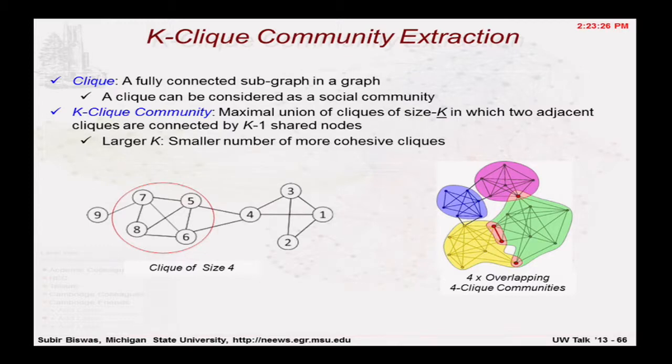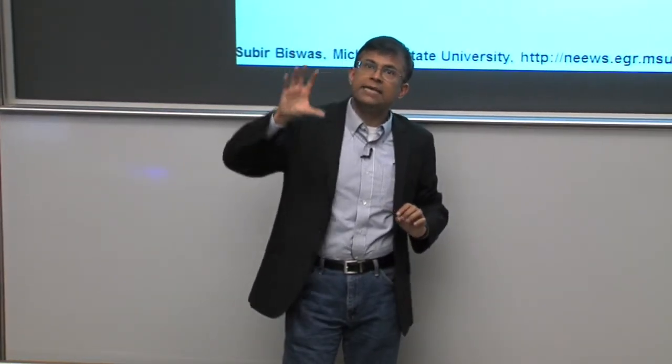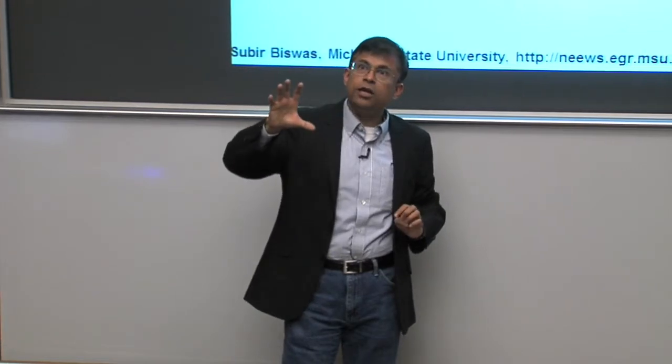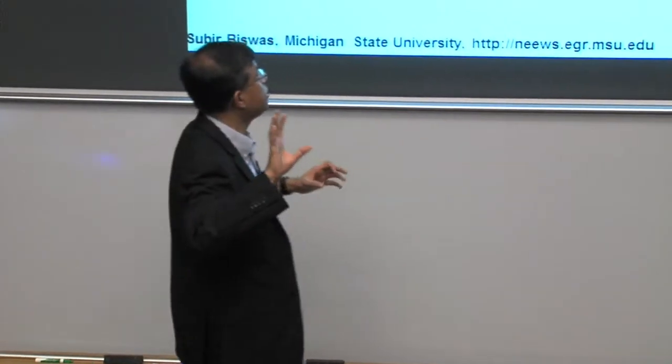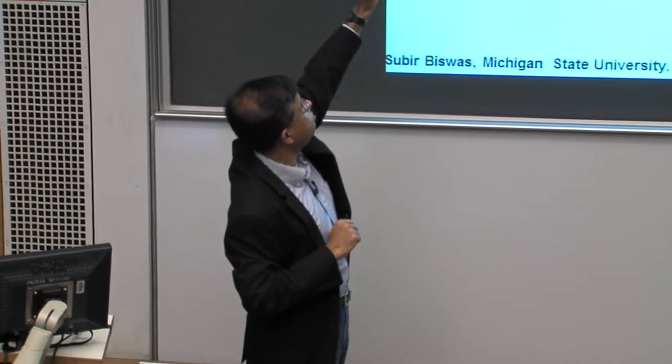Basically, you have a clique in a graph. A clique is essentially a fully connected subgraph within a graph. That is a clique, right? And then you define a K-Clique community. So this is an overlapping 4-clique community. The idea is that in a K-Clique community you will have cliques of size k, they are connected to each other, and two adjacent cliques share k-1 nodes to get interconnected. Let's not get into the detail, but by adjusting the parameter k,